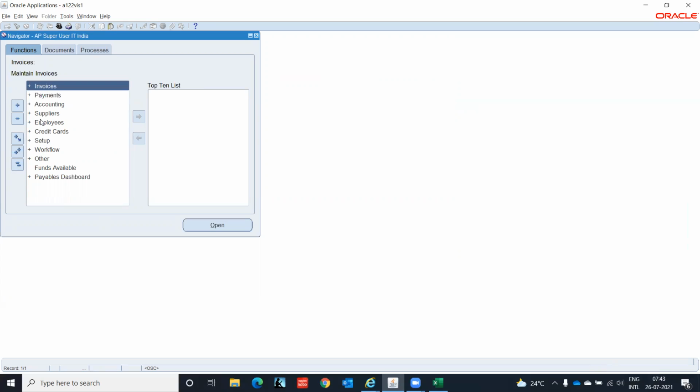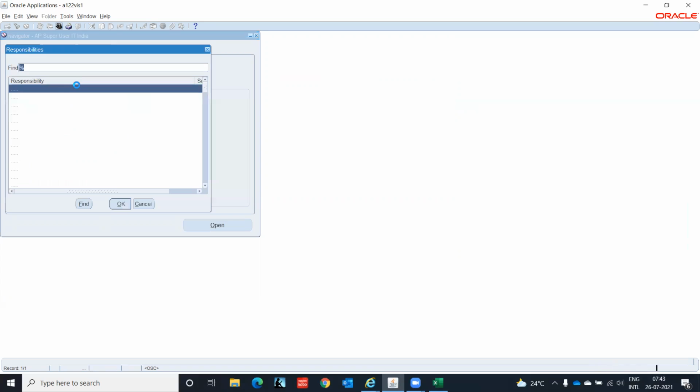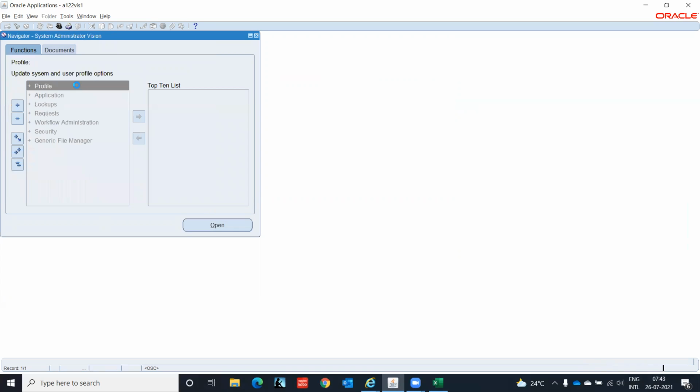If I want to generate some document or voucher number, for that reason I have to go to System Administrator,